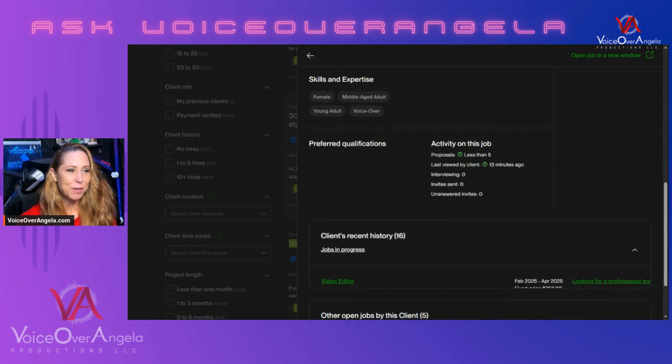It'll also show you, I believe, also for the basic profile, how many proposals have already been sent in on this job. In this case, there's been less than 5. The client seems to be pretty active viewing the proposals. It looks like they were just here 13 minutes ago reviewing the auditions or the bids already sent in. But it looks like they haven't found anybody